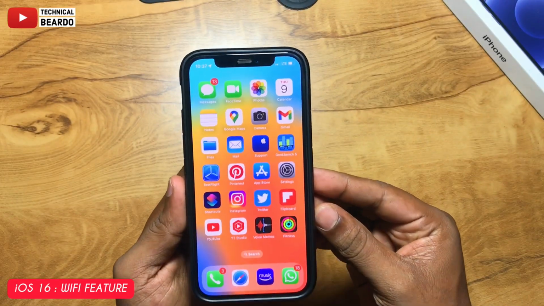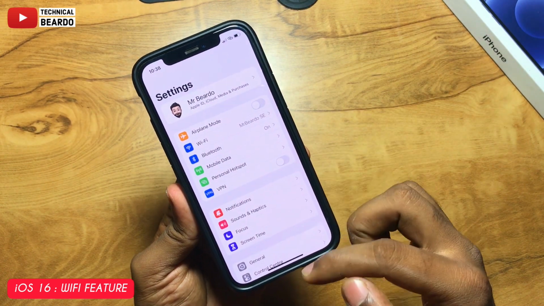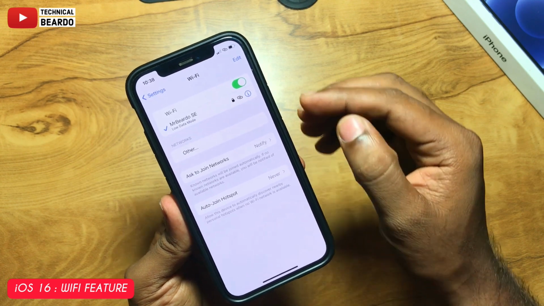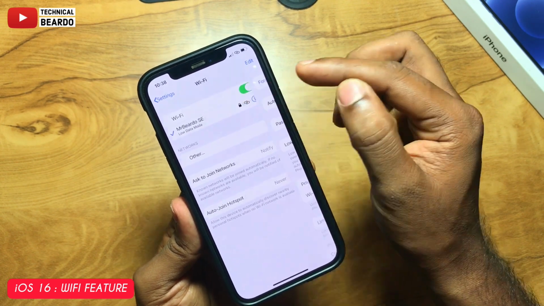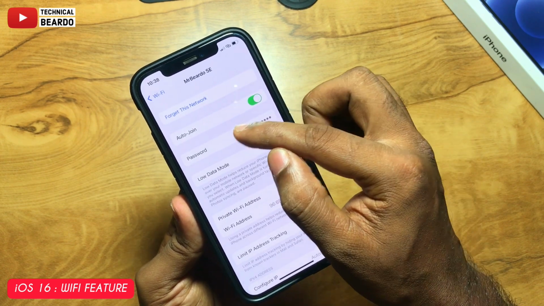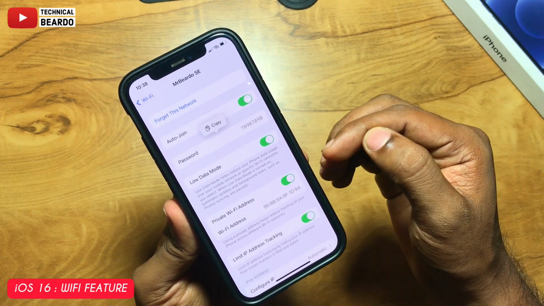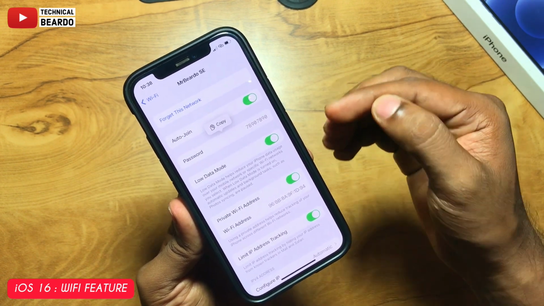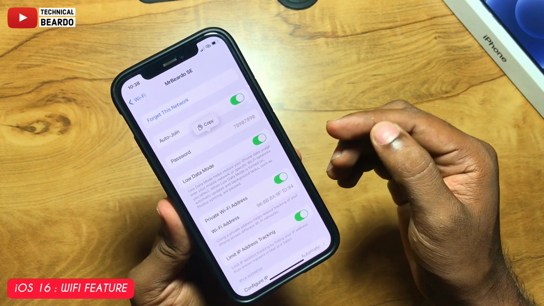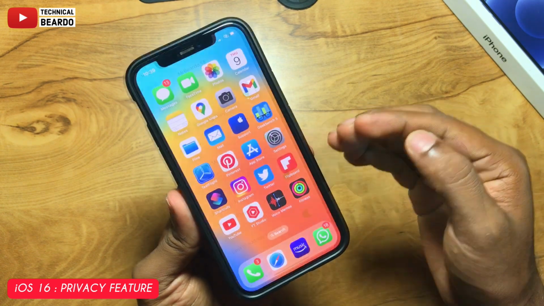And now we'll talk about a new feature available in your settings, in your Wi-Fi. So basically if you go to Wi-Fi in your iPhone, open settings, go to Wi-Fi, open the network you are using and just tap on the I button. And here you see a new option added, that is your password. So now you can view the Wi-Fi password on your iPhone once you authenticate with your Face ID or Touch ID. You can view your Wi-Fi password, and also copy it as well. It's a new feature available in your Wi-Fi settings on iPhone.